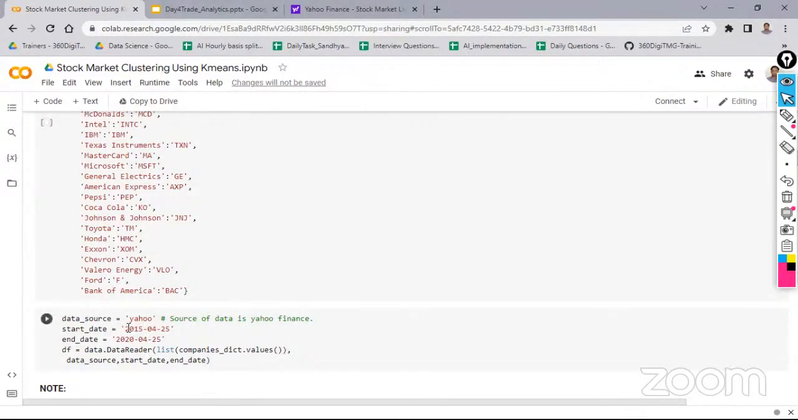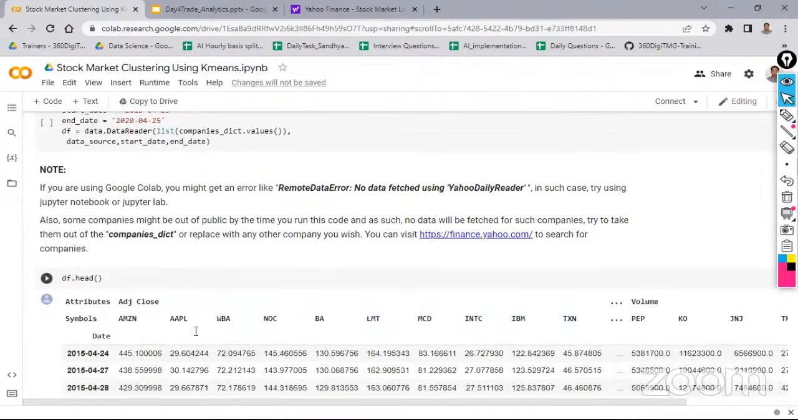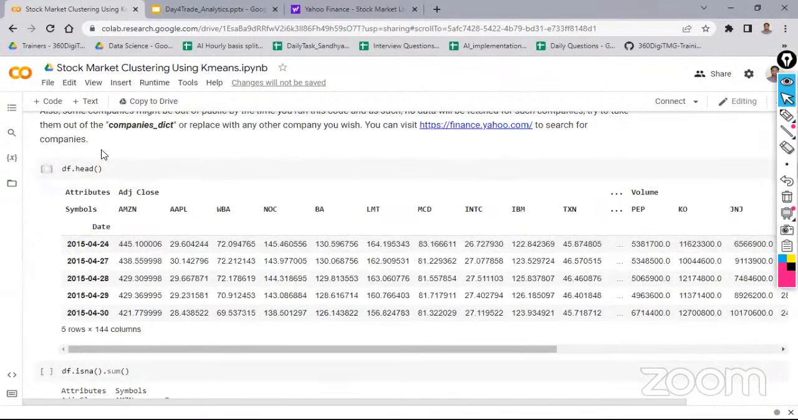And we are considering the data from 2015 to 2020, from April 25th to April 25th. So we'll be storing that in values like data source, start date and end date. And we'll be using Google Colab for the same. And we have df.head(). The first 5 rows will be listed here with all the